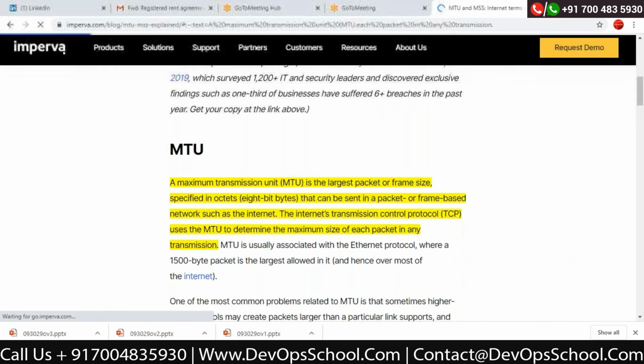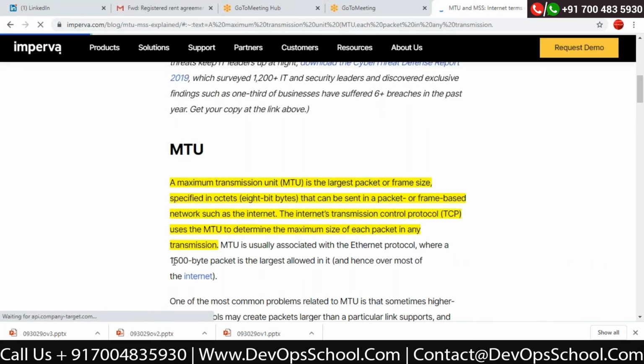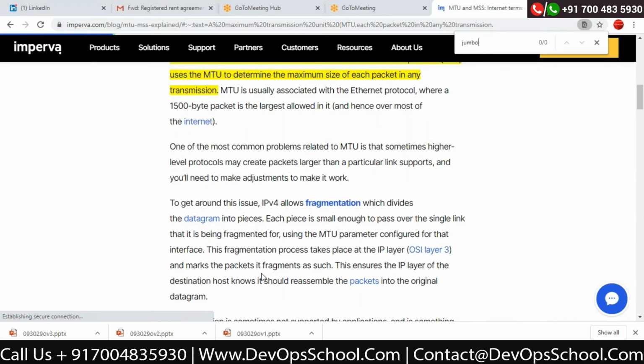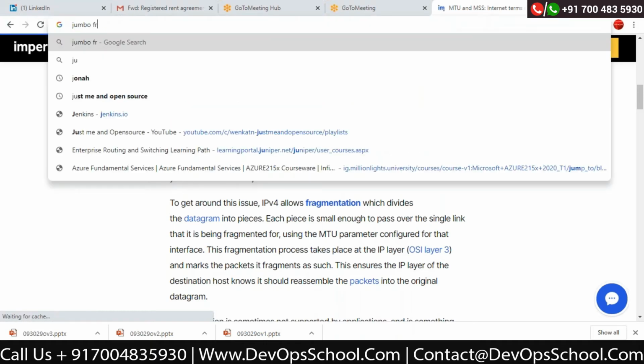You would be able to change that. You can see this is the maximum size. Now there is also a size called jumbo frame.